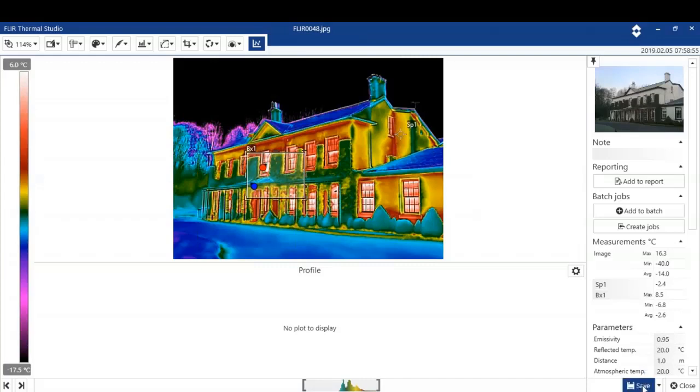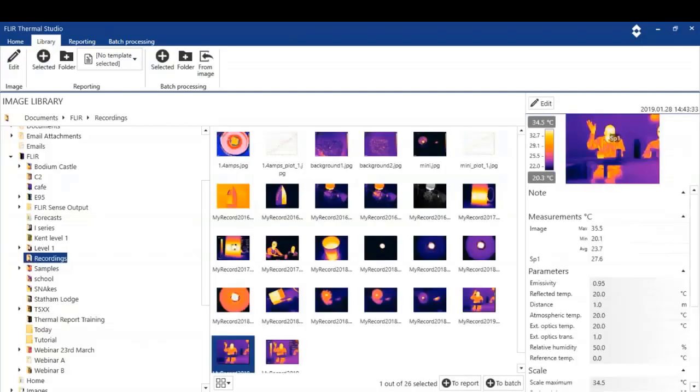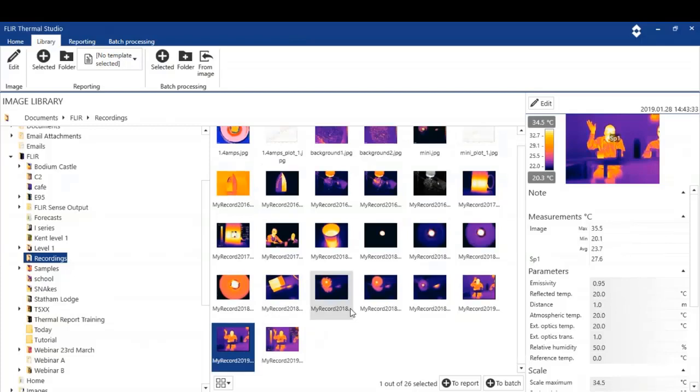What I'm going to do is save and close. So this is really the process of analyzing images within the library tab. Now, the library tab does have another function. If we go to another directory called recordings, and I'm just going to pick a recording,